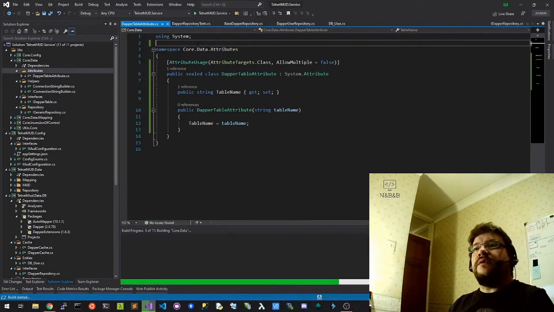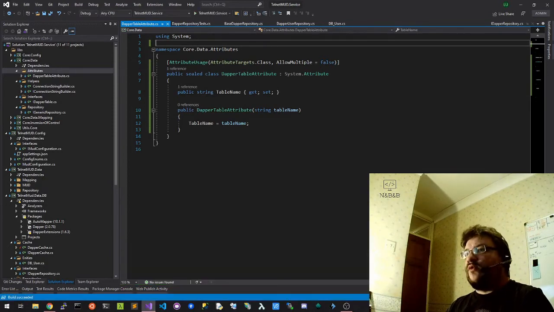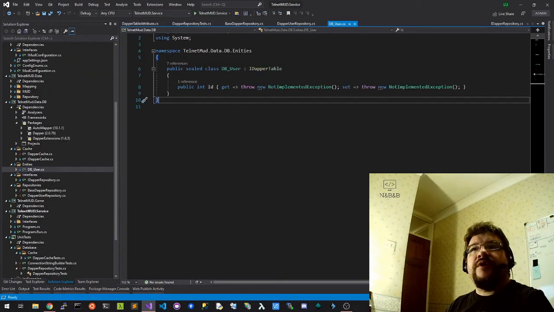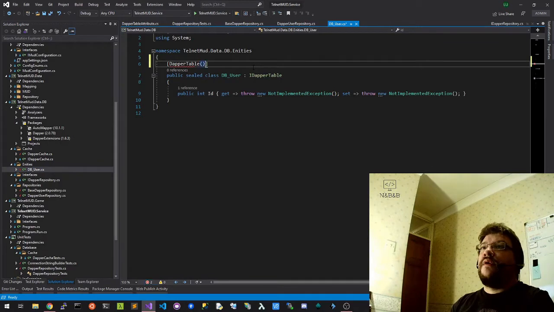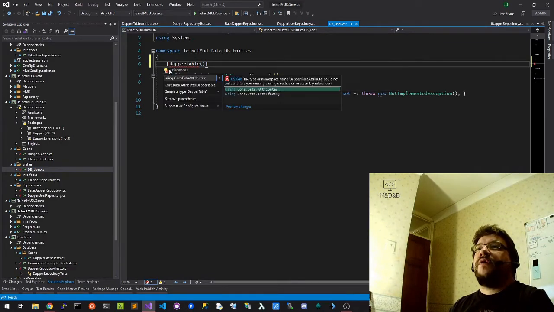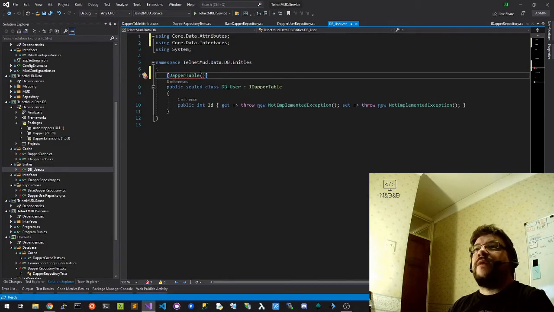Let's see if it still builds. Yep, we're building. Great. How do we use this? Very easy. What we want to do here is come down here and say Dapper Table. Yeah, we're going to do that. And it's going to say, well, I don't know how to do this. We don't know it. But we use core data attributes, which is what we want. And we're going to say